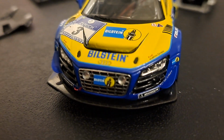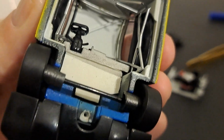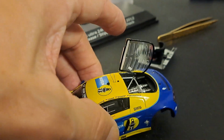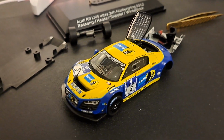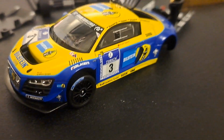Again, gorgeous front end. Again, many of these things you can't access, like the radiator and everything else. You can see there, it's all part of the inner framework. I could take the second set of wheels off there. They just pop right out, quite frankly, right easily. But anyhow, that is a cool look at my busted up and sorry looking Spark Audi R8